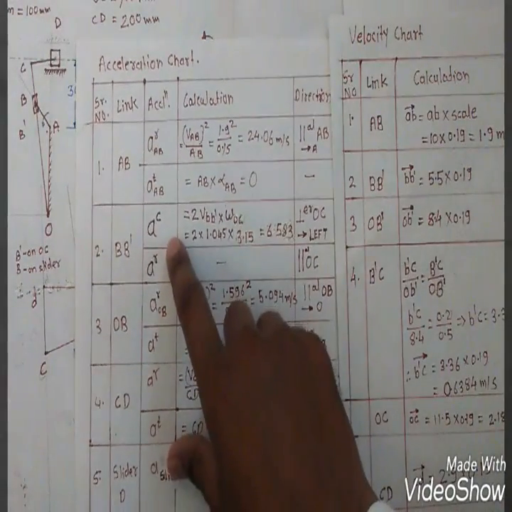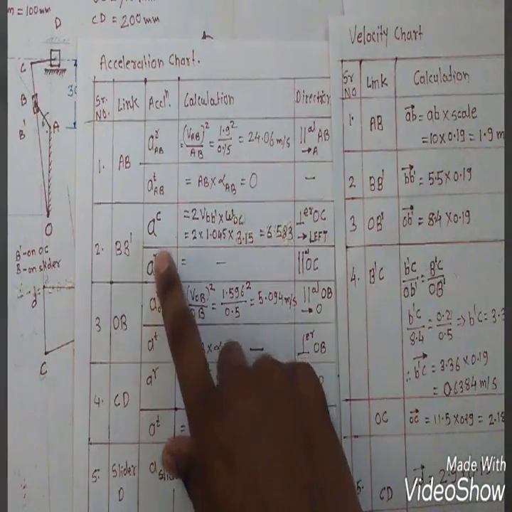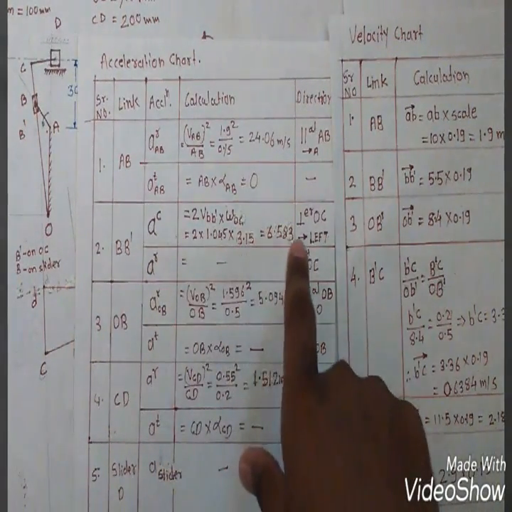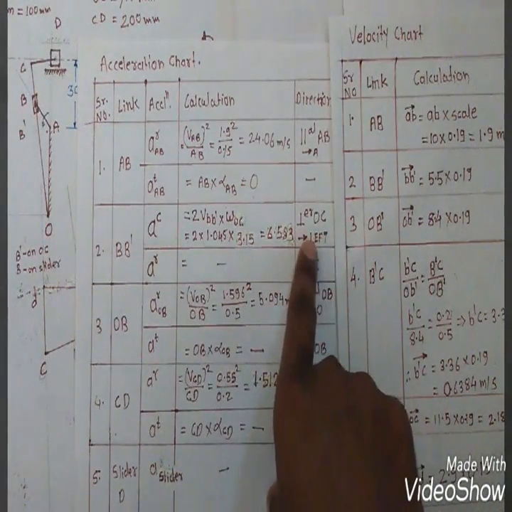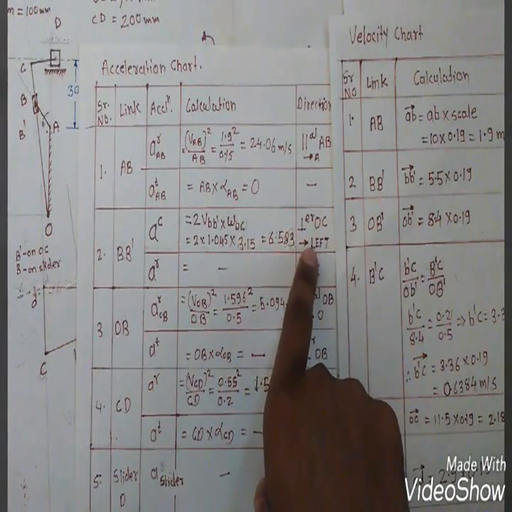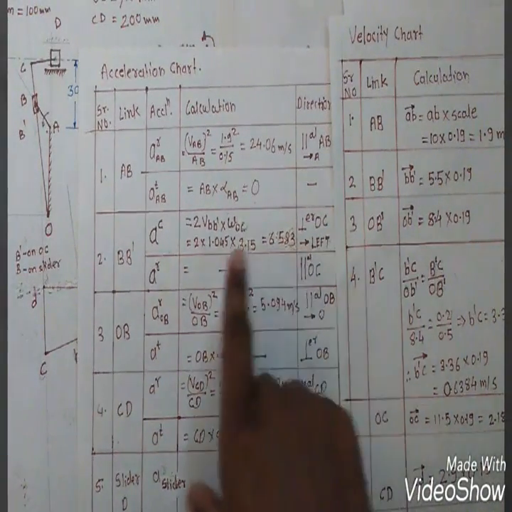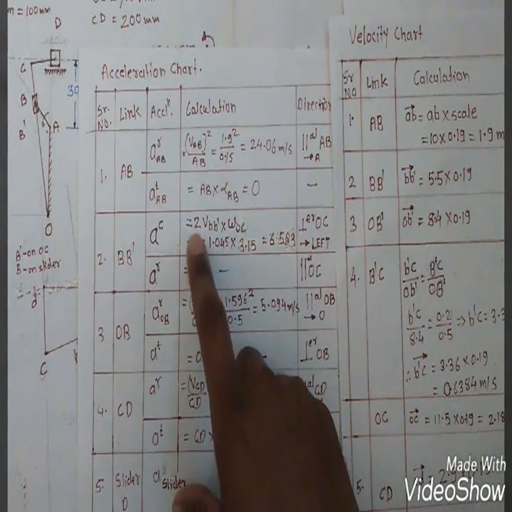Therefore, there are two components, one is a Coriolis component and one is a linear acceleration. For the Coriolis component, the direction is perpendicular to OC, towards left or right, which I will explain while drawing. But for magnitude,